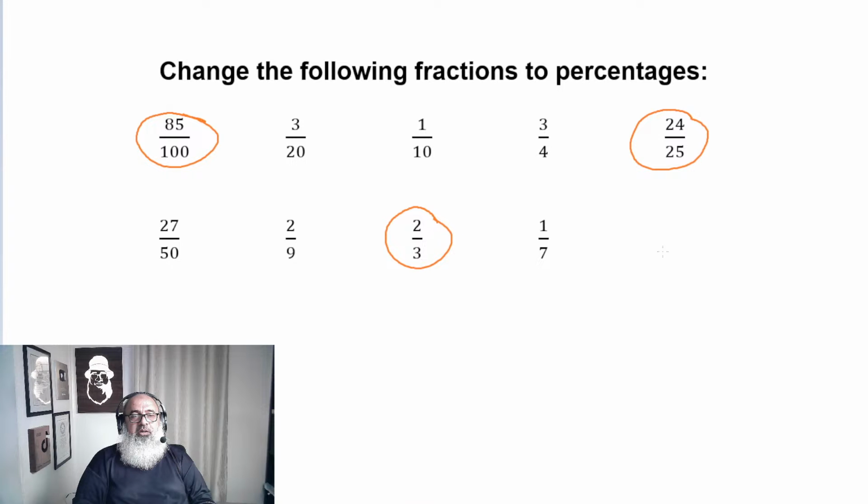This 85 over 100: change the following fractions to percentages. 85 over 100 already has 100 in the denominator. So the answer is 85%. We just write the numerator and the percent sign. Here we have